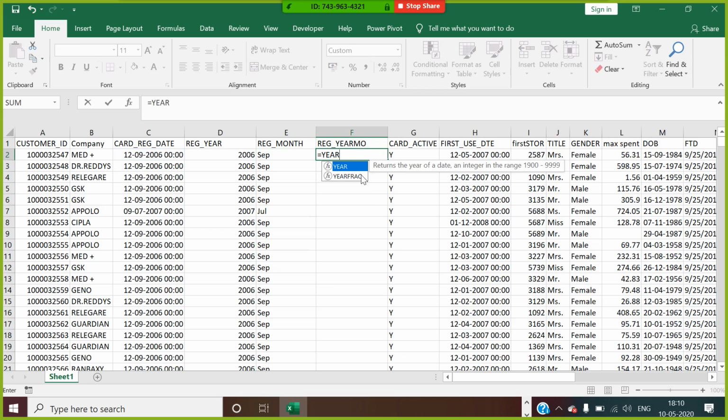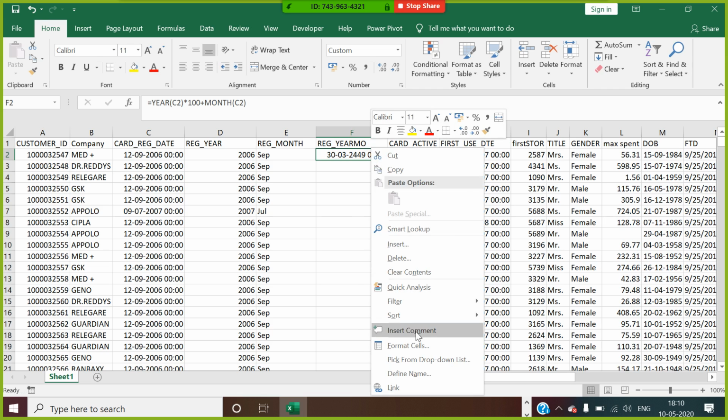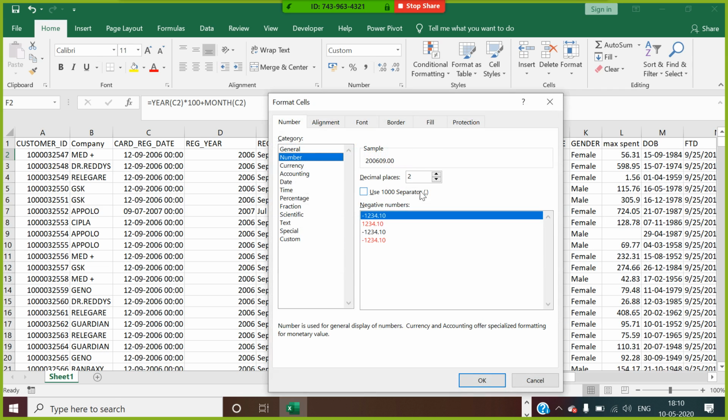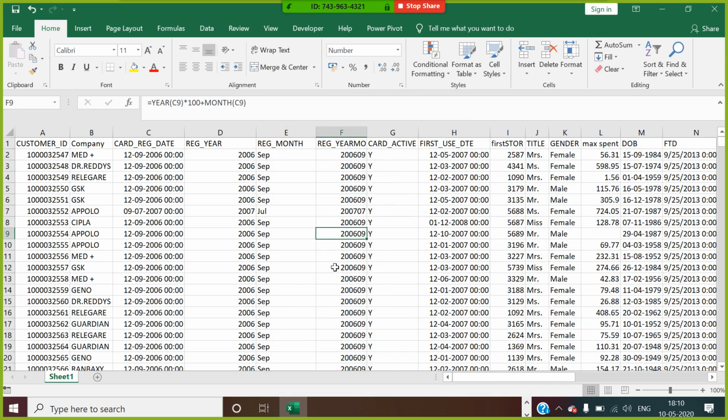I can write the year function of this date value multiplied by 100 plus the month of this date value. I get this as my year month value, format cells, make it number. I get this value in year month format. Is this clear now, guys?